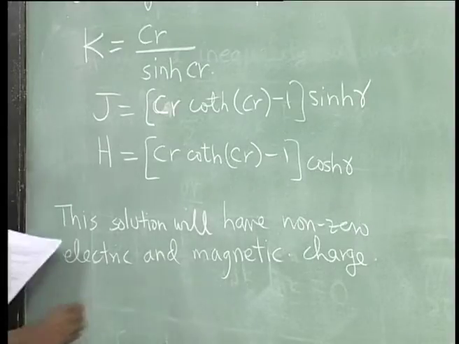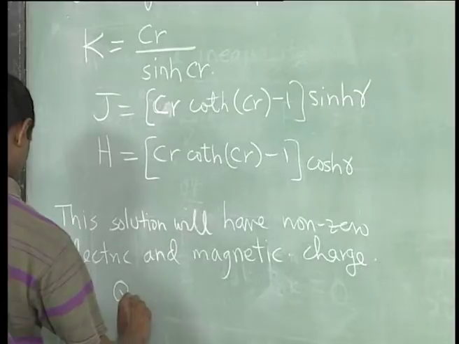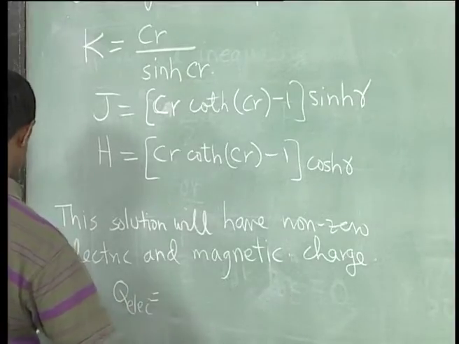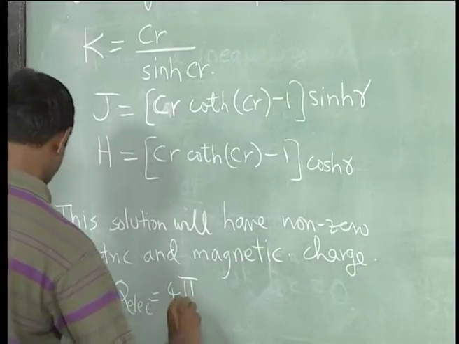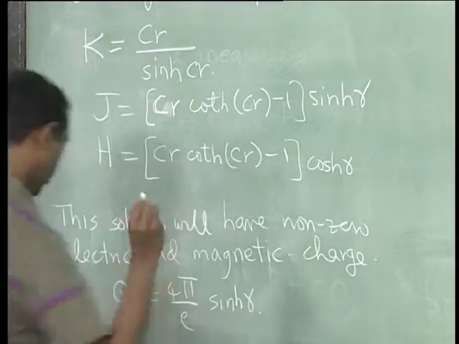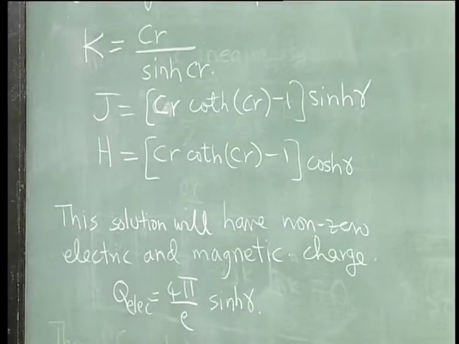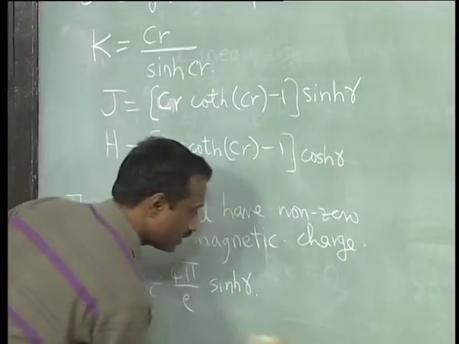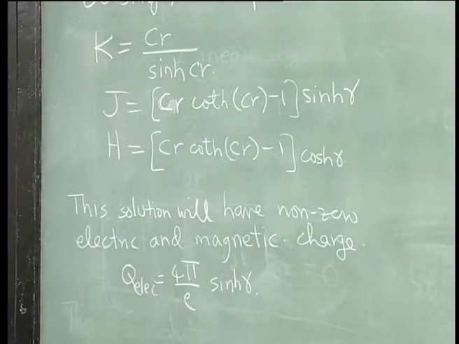The electric charge turns out to be Q electric equals four pi over E sine hyperbolic of gamma. So if you switch off gamma, you get the earlier case, and the monopole charge will be whatever you had before multiplied by cos hyperbolic of gamma. You can see that the finiteness of energy etc. nothing actually gets messed up, but you can work out what the